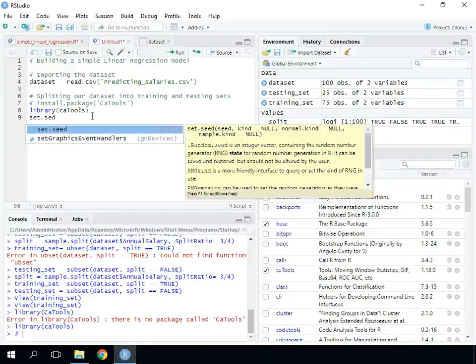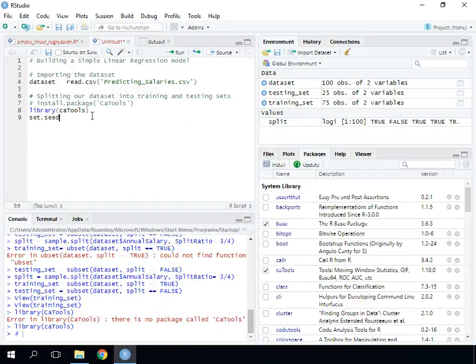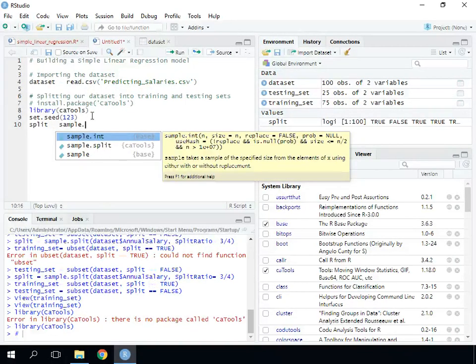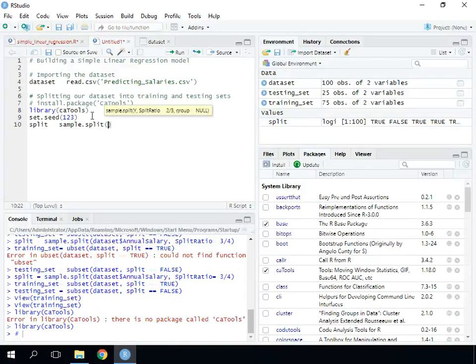Now let's split our data set into training set and test set, but first let's write this simple line of code. set.seed, and choose a random number like 1 to 3 just to have similar results. Here we are going to prepare the method that we are going to call split equal sample.split, and we type dataset, which is the name of our dataset, and this $ sign. We choose the annual salary, which is our dependent variable,